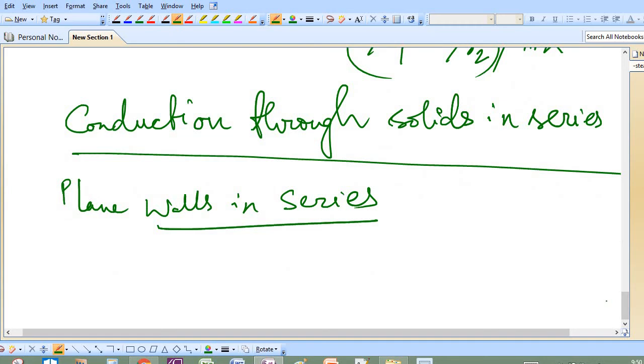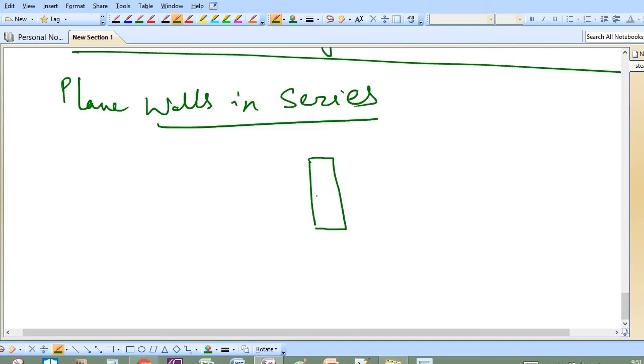Let's see. In the case where there is a multi-layer wall of more than one material present, we proceed as follows. The temperature profile in these materials such as A, B and C, we draw a multi-layer wall first. So if there are plane walls in series, suppose there is a wall, this is wall 1, another wall is there, this is 2, another wall is there, this is 3. So these are different temperatures.